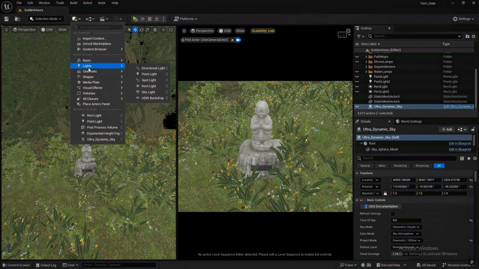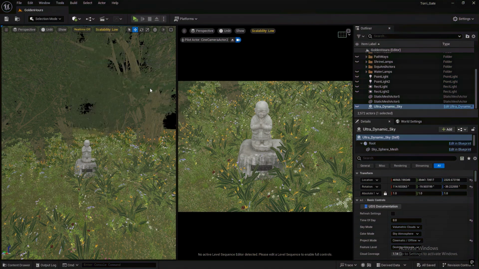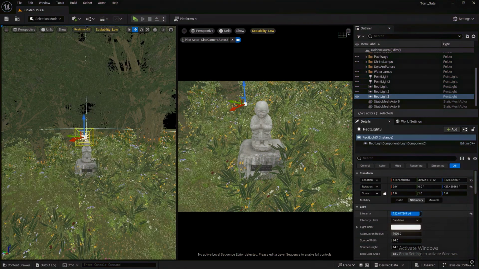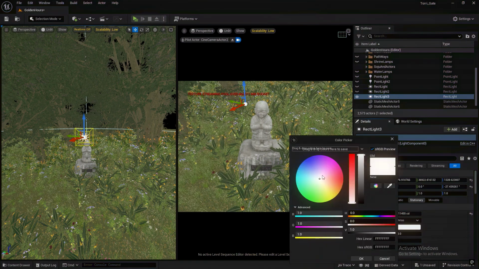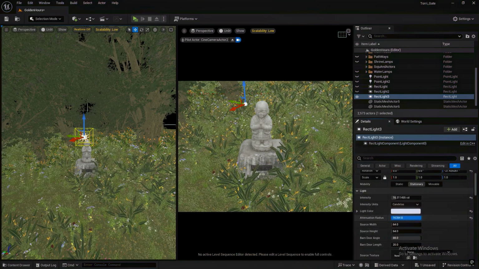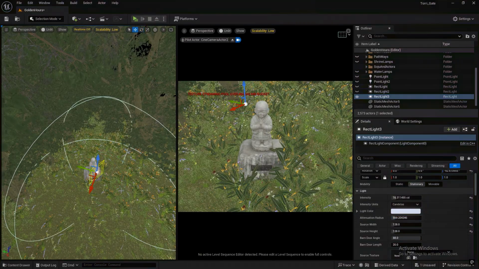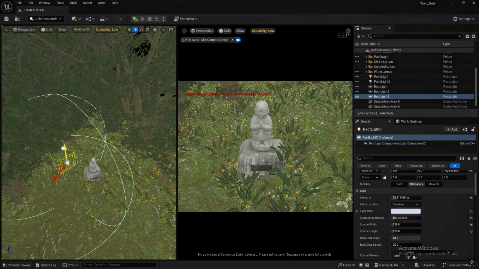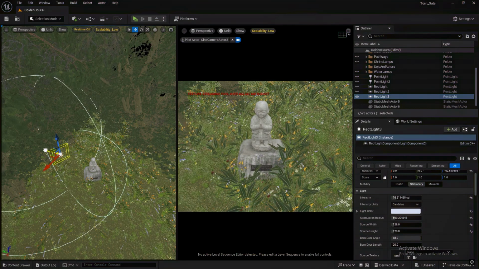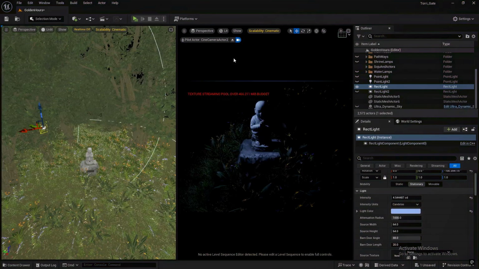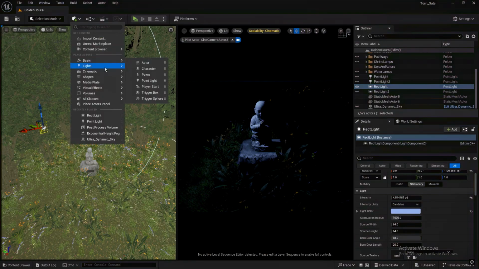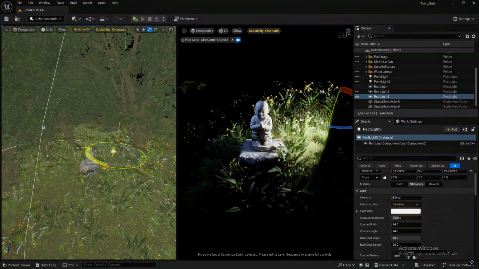Let's get practical. First, add a rectangle light from the light panel. In the detail panel, adjust the intensity, size, and softness to control the light effect. Move it behind your subject, making sure it faces the camera to create a rim light. Increase the light size to soften shadows and add a realistic falloff. If the subject looks too dark, add another rectangle light from above and rotate it slightly.